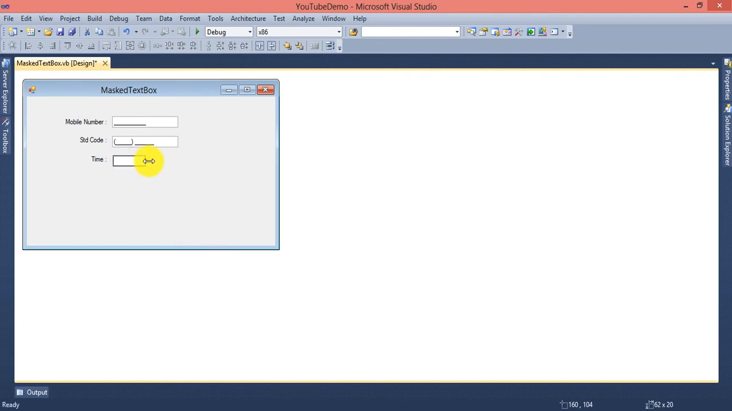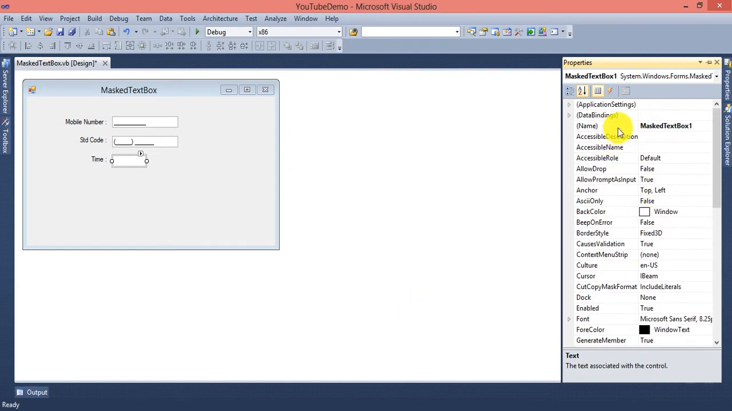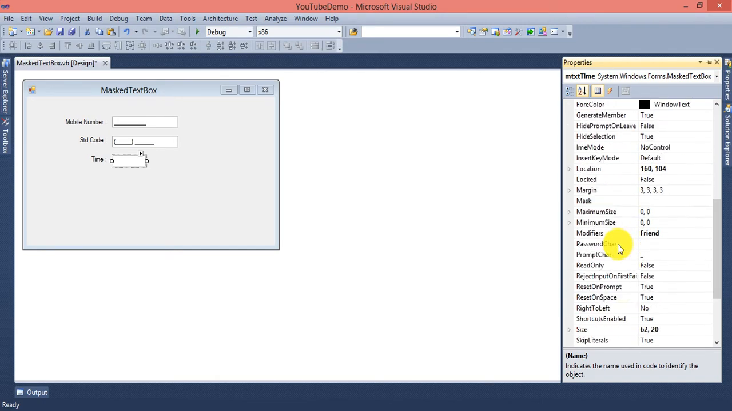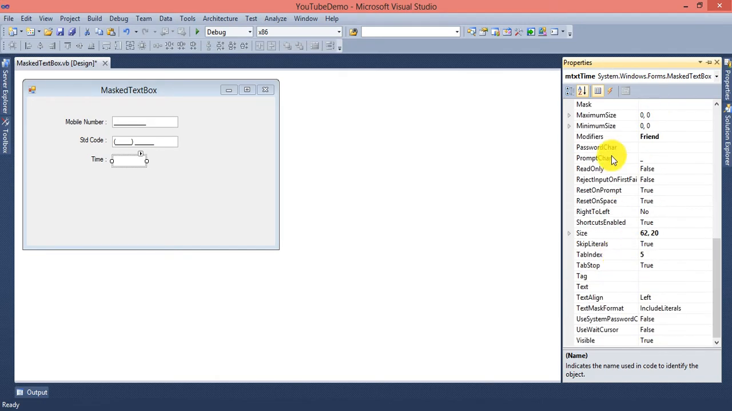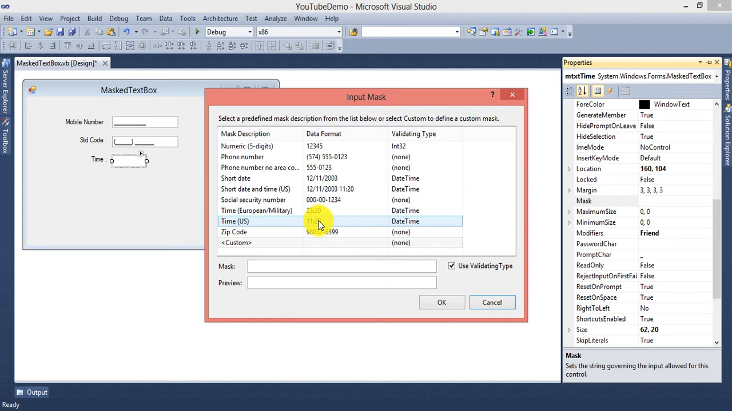and right click and properties, and here you can give the name mtxt time. In mask there is this mask, yes, you can see here it's a time, US time, so you just use it. Okay, you can see here there are different types of formats, so you can choose any one